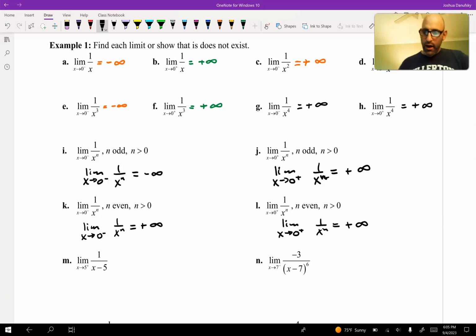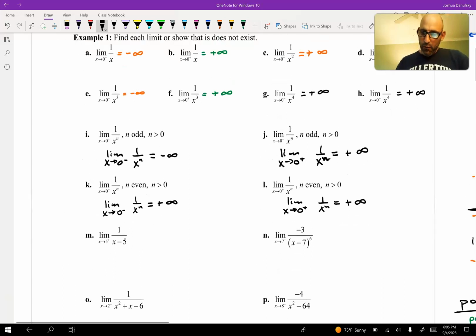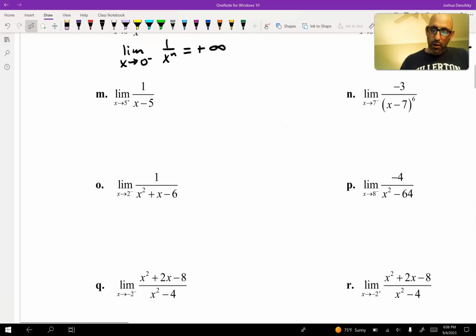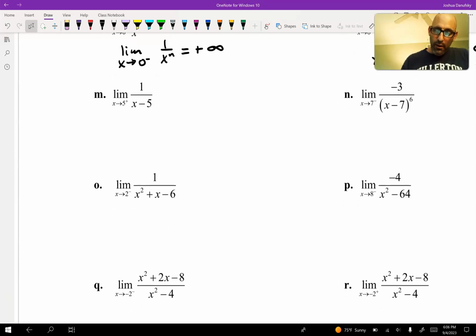So there we have that. Now, of course, most of our problems are not just going to be 1 over x to the fourth power, or 1 over x to the second or third or whatever. We're going to start seeing things shift around, and we need to work with that. And so we can do this numerically, or we can just think of the graph. So with part M, what I'm hoping is that we recognize this as still a 1 over x